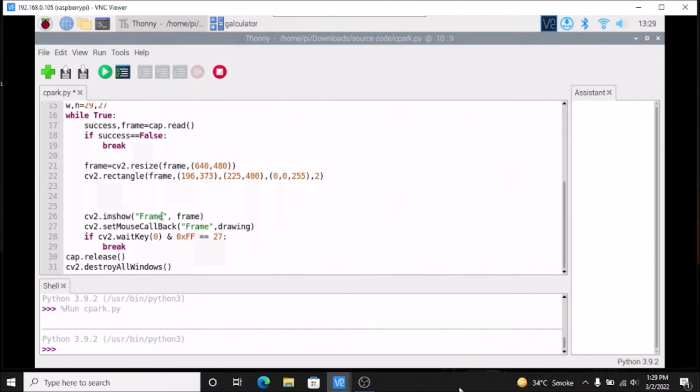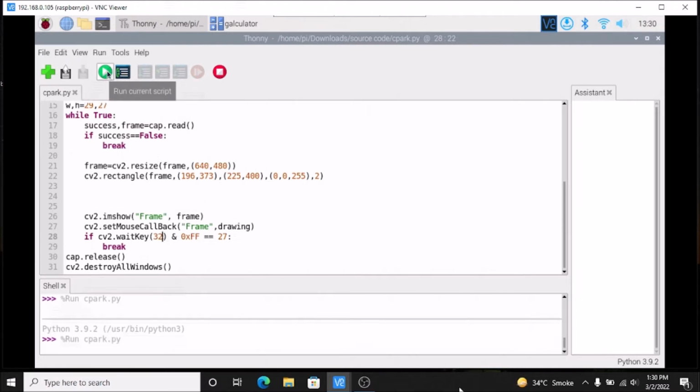That's it. Now we also want to change the waitKey, because if we freeze our frame, we will not get the x y coordinates. So we want to increase our waitKey. Simply, I am going to mention waitKey 32. So save the code, and if I run the code,